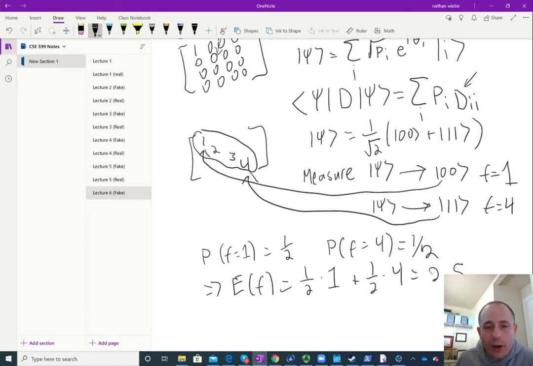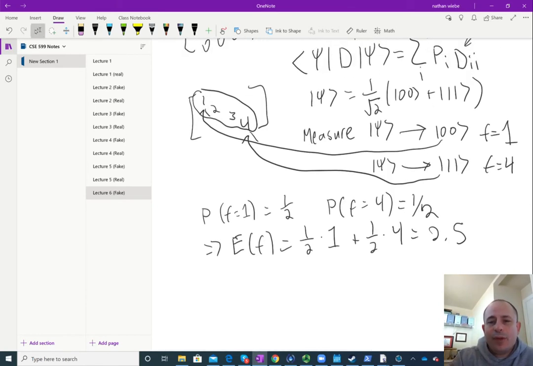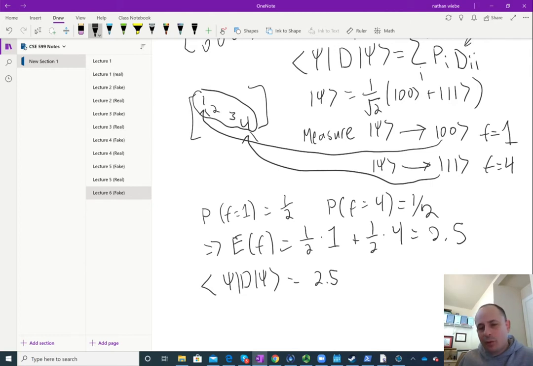Now, let's figure out how we could do this in one step quantum mechanically. In one step quantum mechanically, if we can perform the following, well, psi d psi, that in this case is just using our above expression, that ends up giving us 2.5 just the same. So in the event that we can implement d on a quantum computer, then we can compute this expectation value. Okay, well, that's great, but how would we do this? After all, d isn't unitary. Well,